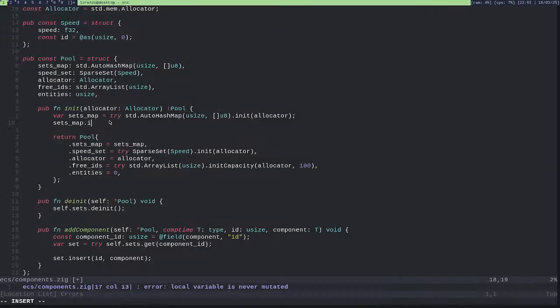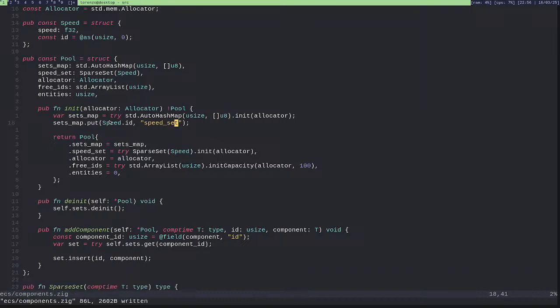No, put. And for example, I will have speed.id, speed set. And so then here I can do set equals to field.